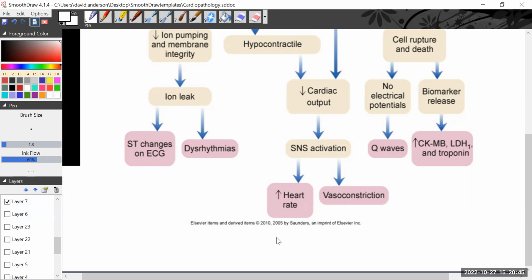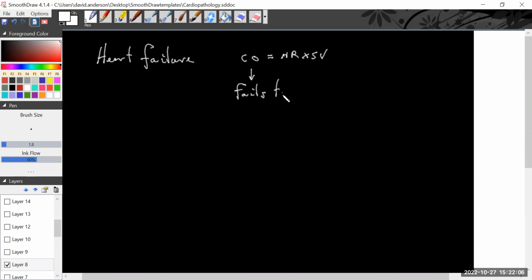Okay, so we're going to move on to heart failure. So when we look at heart failure, what we're talking about is literally we can go back to this equation. Cardiac output is a function of heart rate times stroke volume. We know all the factors that contribute to these things. But whenever cardiac output fails to meet demand,